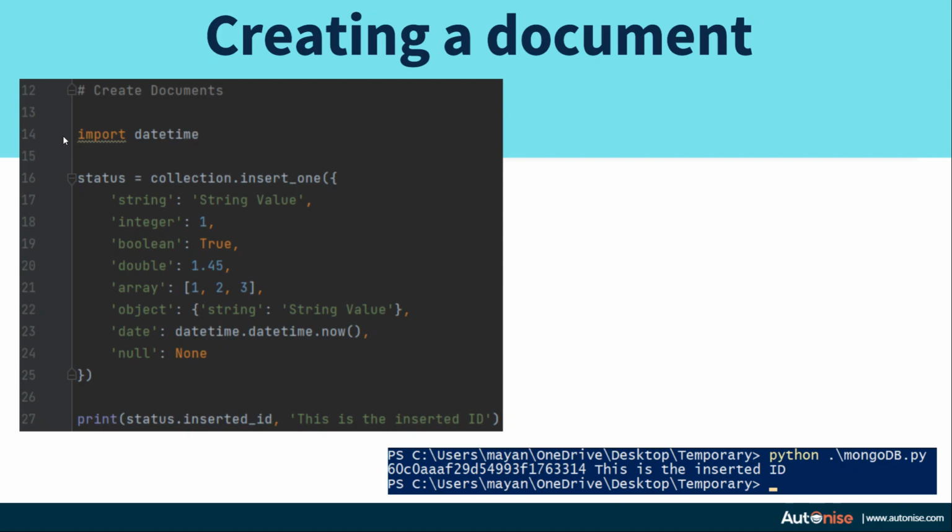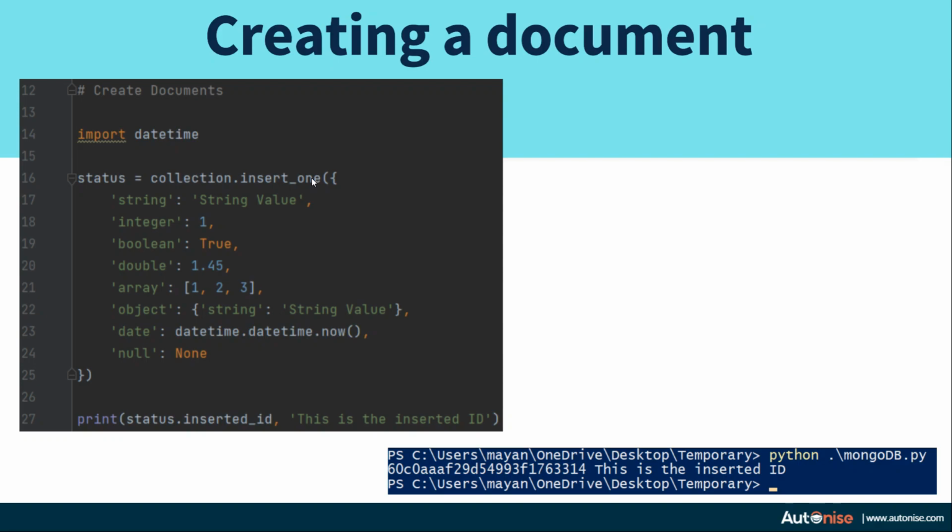First of all, I have imported datetime, which I'll use to generate the current time and store it inside MongoDB. That is why we import the datetime library. Next, we use the function collection.insert_one. This is the function which is used to insert or create a document in MongoDB.